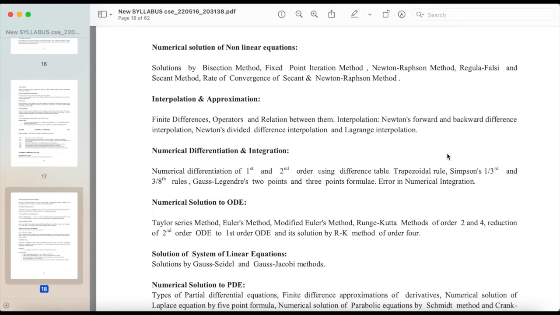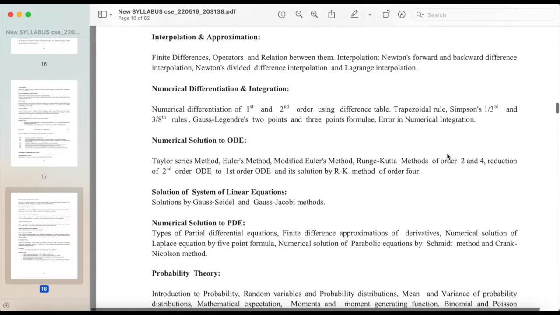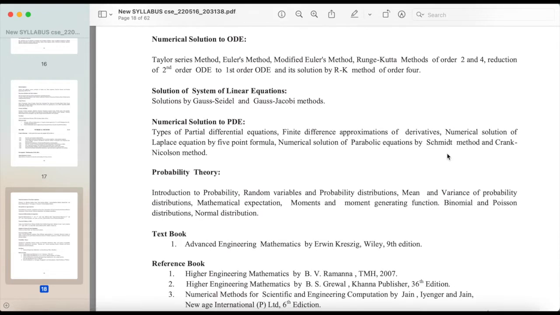Forward and Backward Difference Interpolation, Newton's Divided Difference Interpolation and Lagrange Interpolation. Numerical Differentiation and Integration: Numerical Differentiation of 1st and 2nd order using Difference Table, Trapezoidal Rule, Simpson's 1/3 and 3/8 rules, Gauss-Legendre 2-point and 3-point formulae, Error in Numerical Integration. Numerical Solution to ODE: